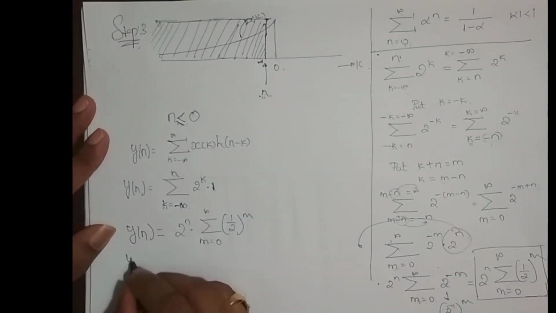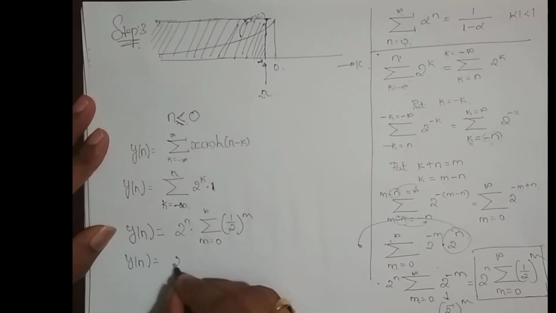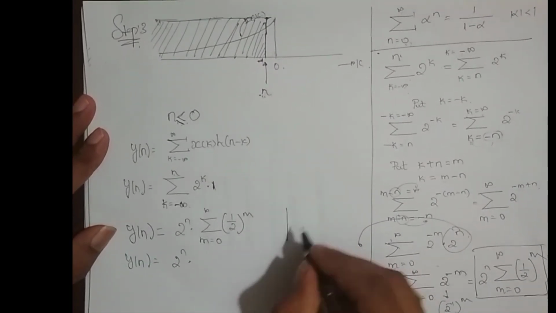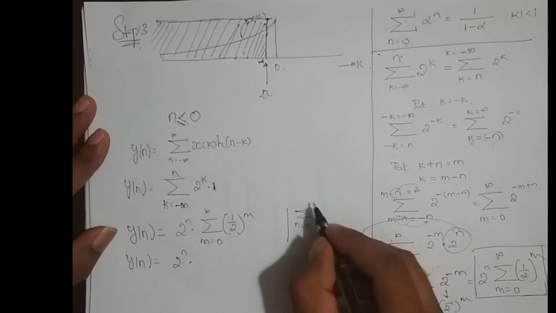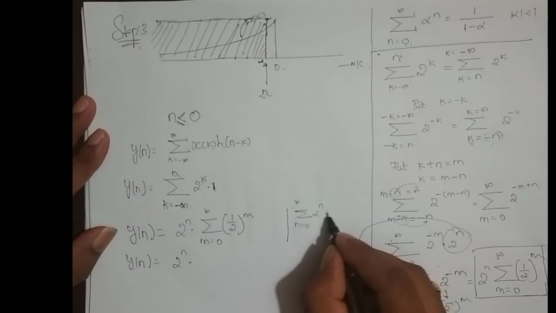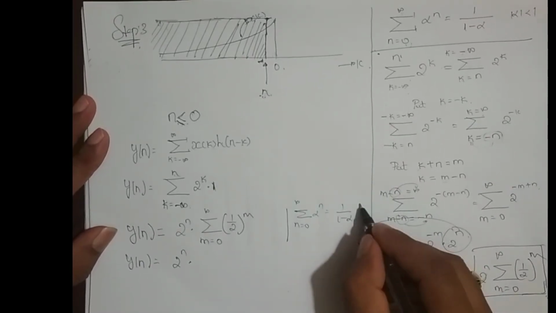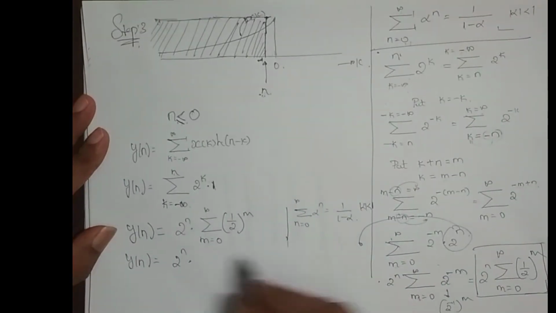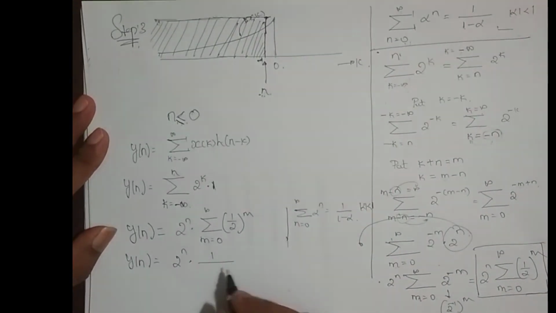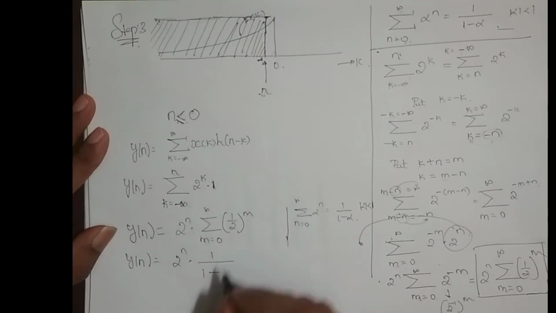So y of n is equal to 2 power n into, what is the standard form? Summation n varying from 0 to infinity alpha power n is 1 divided by 1 minus alpha, and magnitude of alpha should be less than 1, this standard result. So this is nothing but 1 divided by 1 minus alpha, where alpha is 1 by 2,